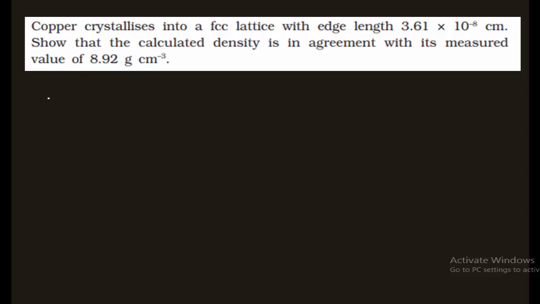So here they have given the copper will crystallizes in FCC lattice having the edge length 3.61 into 10 raised to minus 8 centimeter. Now we have to calculate the density of this copper, and after getting the answer we